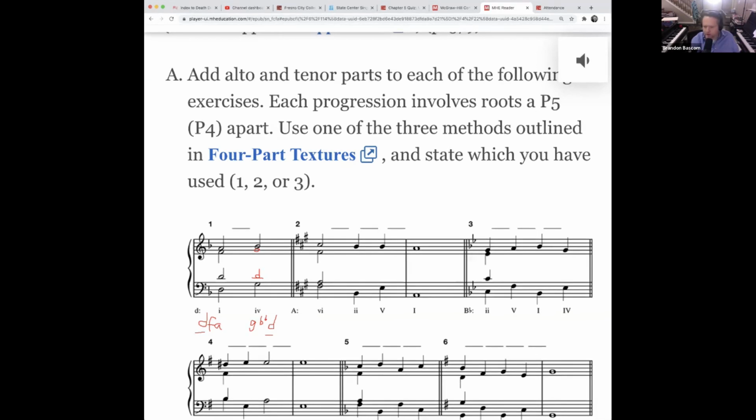Does that work? I think so. Are we within an octave between all the parts? Smooth motion, no parallel fifths, no parallel octaves, no leap in the soprano, so we don't have to worry about